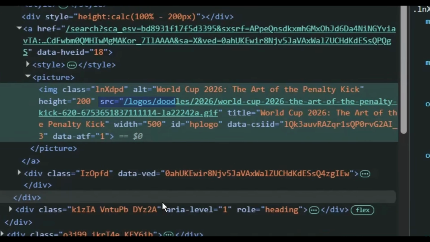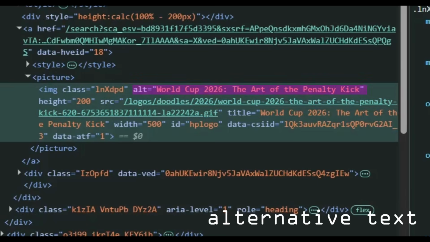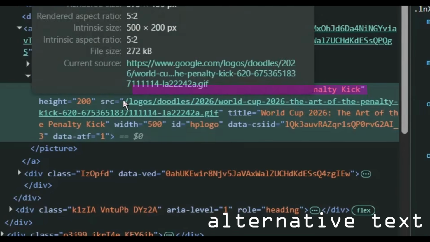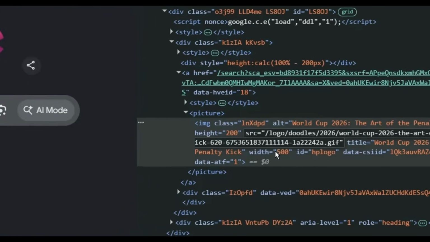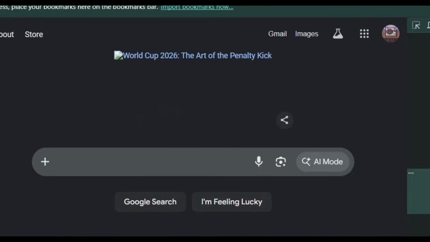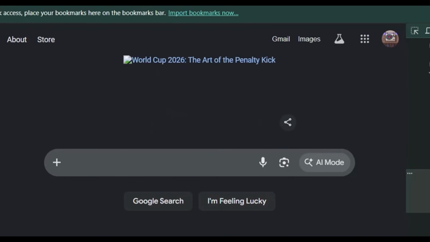And this means source, which is where the image comes from. It's the image's path. This alt attribute means alternative text. If the image doesn't load, this text will appear on the screen instead. Watch, I'll change the source. See? Now, when you see that again, you'll know that the image isn't available or the programmer didn't specify the